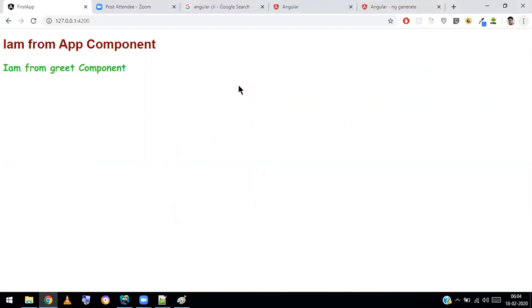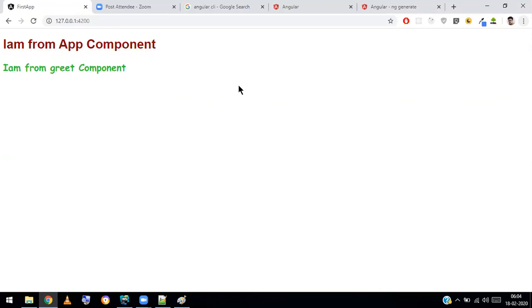Your own component has been given. Fine. But here I don't want to depend on normal CSS. I want to configure Bootstrap for my application, because every front end I want to design with only Bootstrap, because we have already done Bootstrap. So how to configure Bootstrap for your Angular?